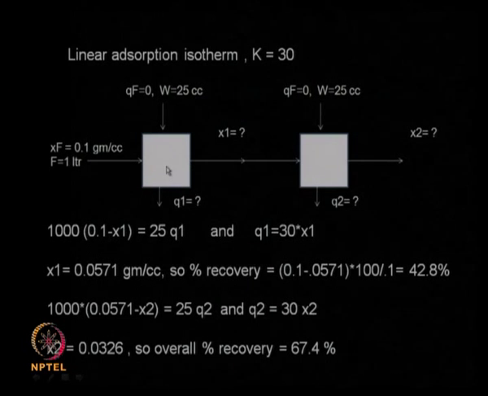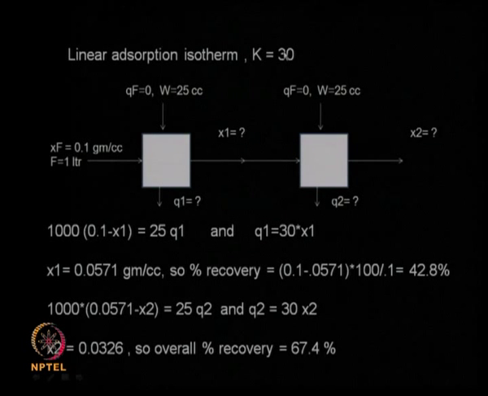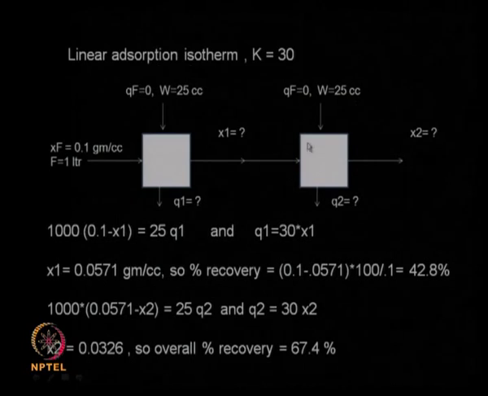That means at high concentration you may have a different constant value, and at low concentrations you may have a different constant value. But in this particular problem we assumed that the constant k in the linear term remains constant, so do not forget that. This is called a cross flow system, that means the solution is flowing this way and your adsorbent is flowing vertically, so that is called a cross flow system. But let us look at another system,